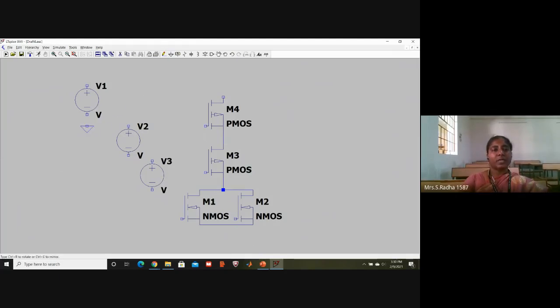Take the ground points, you connect to them. Wherever voltage source is there, we need a ground. And a common ground is also required, we will check later. Now connect them. This is VDD at the top point, ground for VDD. And the first PMOS control variable is A. Second PMOS control variable is B. And connect A to the ground. Connect B voltage source also to the ground.